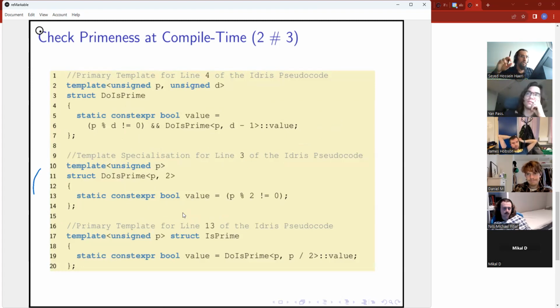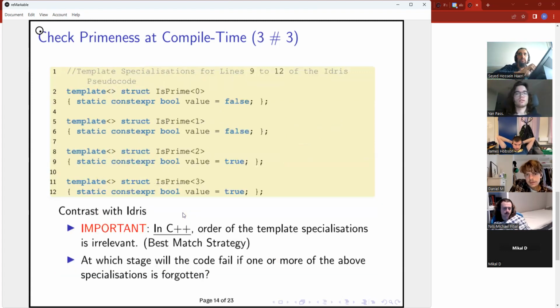Now, I'll give you 1 minute to have your peace with this piece of code, and I'll add one thing. The specializations are here.